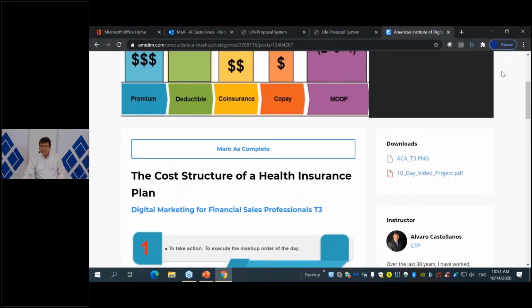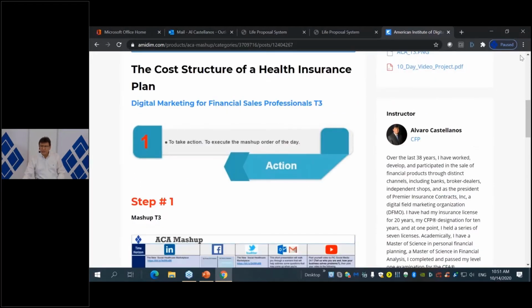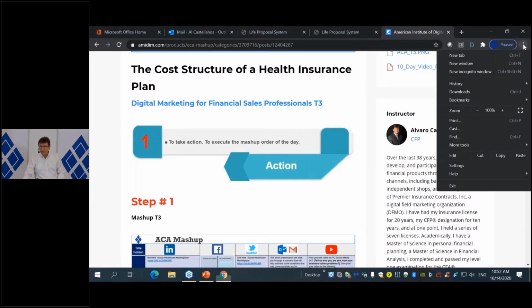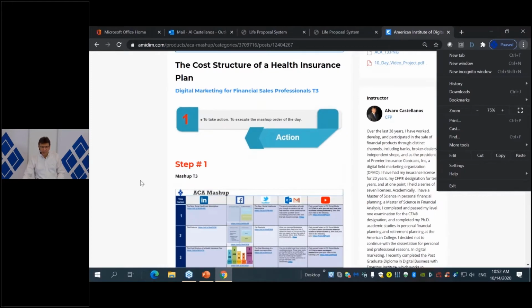Let me make this a little bit smaller here, so that I can show you more. I want to make sure that I don't make any errors and X out of anything that I don't want to X out from, so let me be very careful about this. Let me move this down here. Okay, so there we go. Hopefully I will be able to make this a little bit smaller, just to show you something in perspective here.